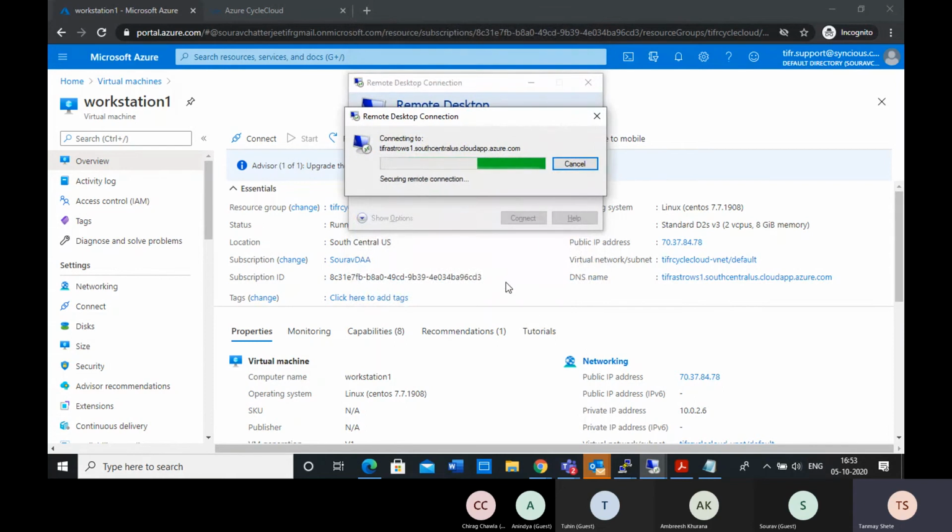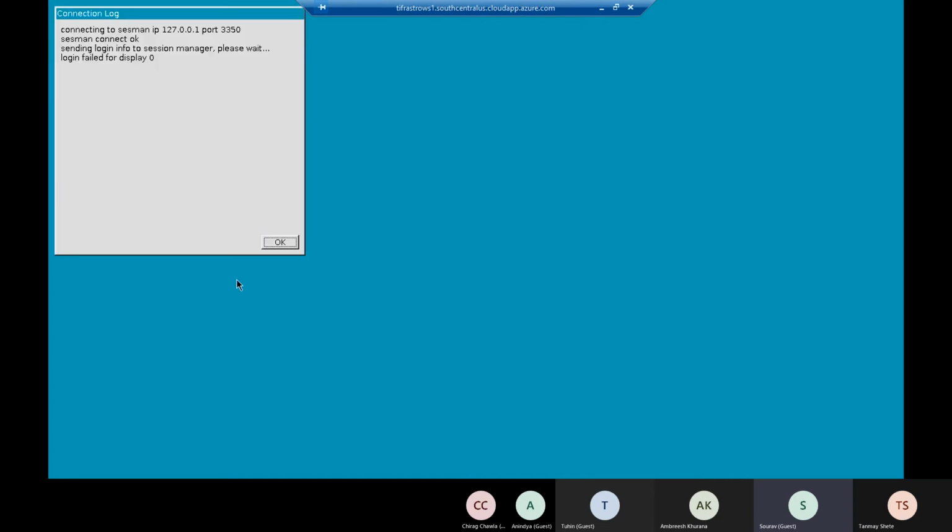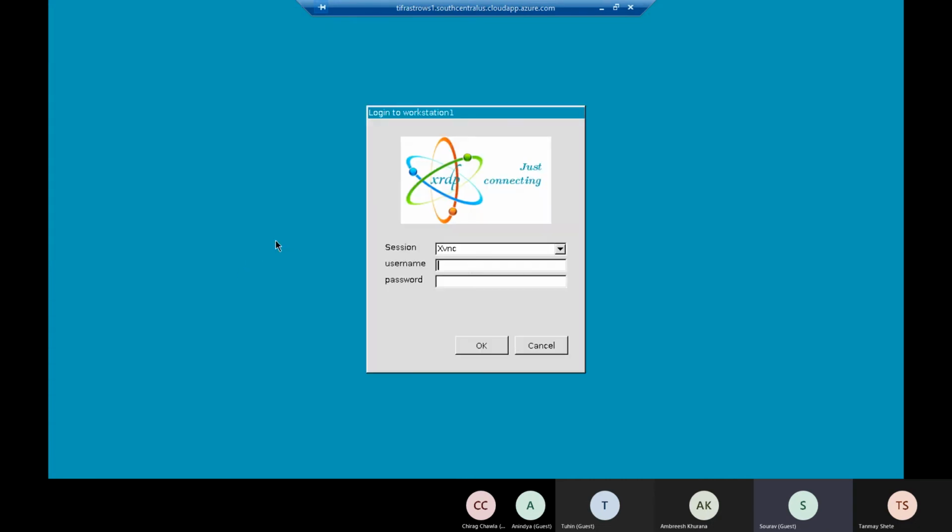it will connect. Now this is a workstation which is deployed in the cloud, but with the graphical interface. Now you will be asked for your username and password. In this case, it will be username and password based, because the HPC was based on SSH keys.